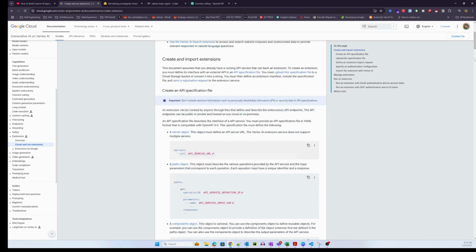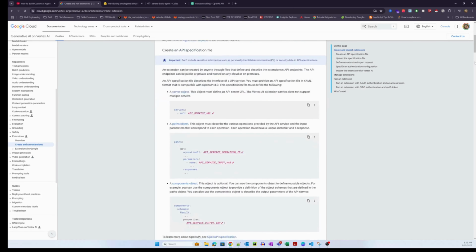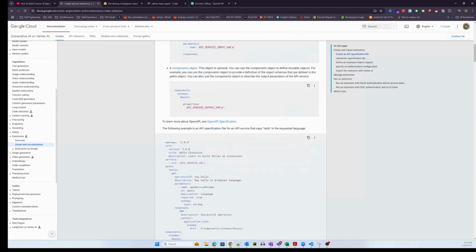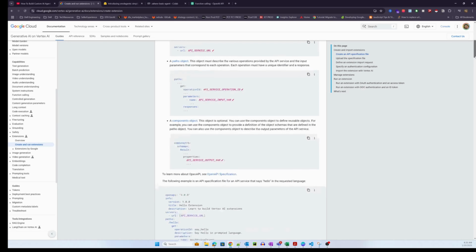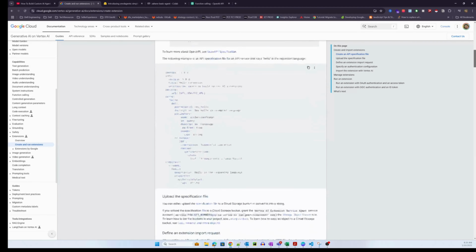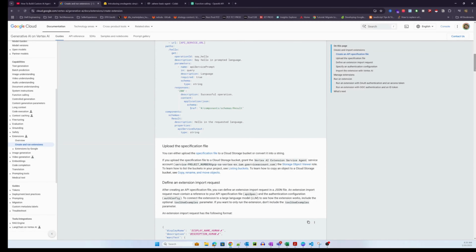You have to create an OpenAPI kind of spec to add the extension here. Like I said, this is not very well defined at this point in time, but I think you get a sense of what it is trying to do here, right?